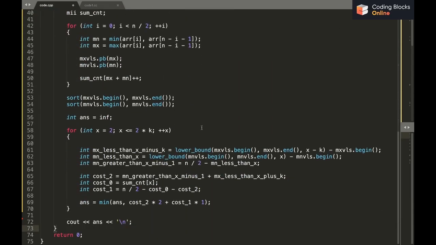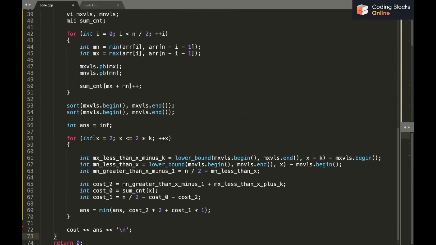The time complexity is going to be big O of k log n, because we are iterating order of k times, and for each time we are taking log n time, plus big O of n, you can say plus big O of n log n. So k log n or n log n, whatever you would like to call it.